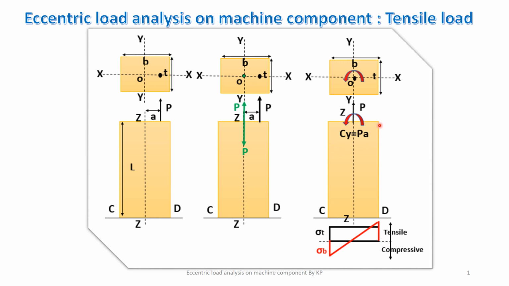So the effect of bending is tensile on the right side, meaning on the D side, and